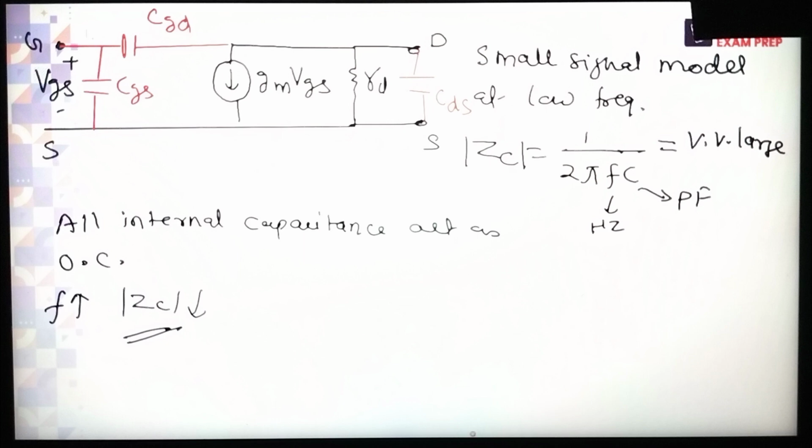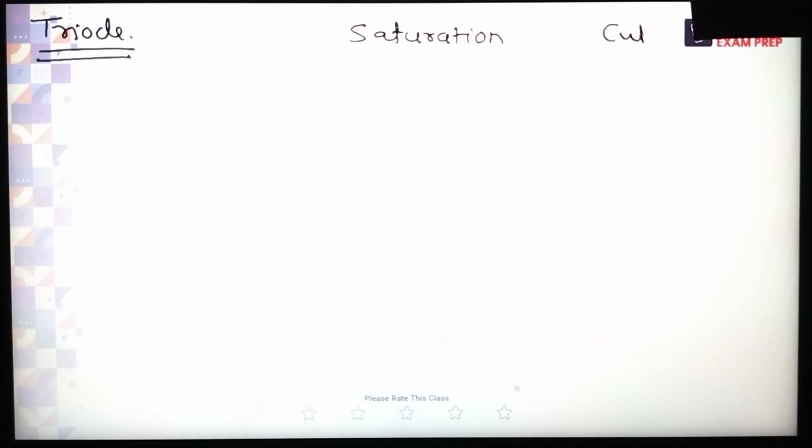One by one. First of all, we have the regions: the triode region, saturation region, and cutoff. Yes, I am talking about the internal capacitance. The triode, saturation, and cutoff. You will get the idea. I am explaining the triode region first. After 10 minutes, you can ask any doubts. In the triode region,